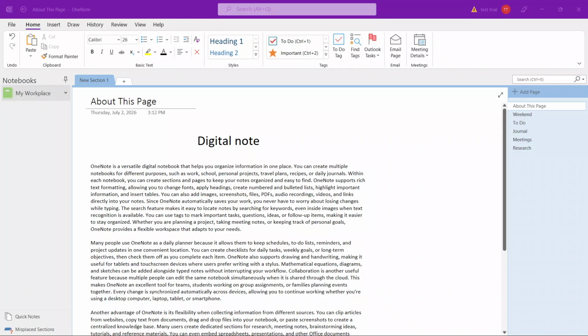In today's video, I'm going to teach you how to annotate a PDF in OneNote. If you want a simple way to mark up a PDF, highlight important details, and keep everything organized inside your notes, OneNote makes that process very easy. In this walkthrough, I'll show you how to bring a PDF into your notebook and then use OneNote's drawing tools